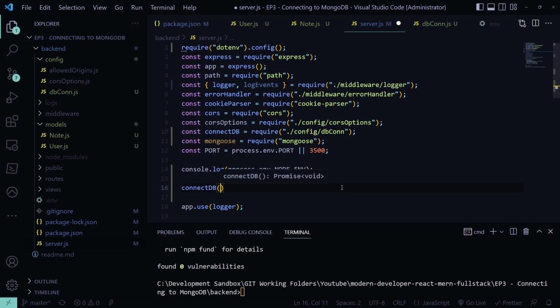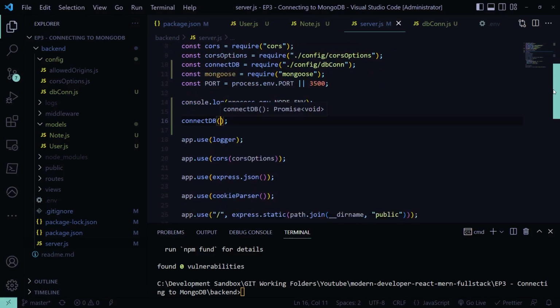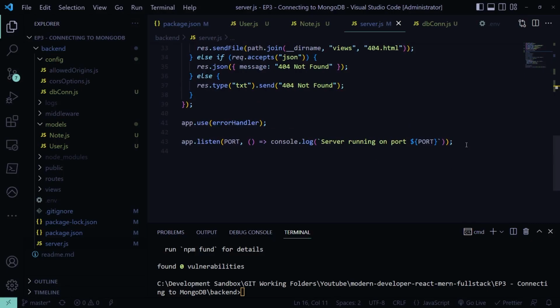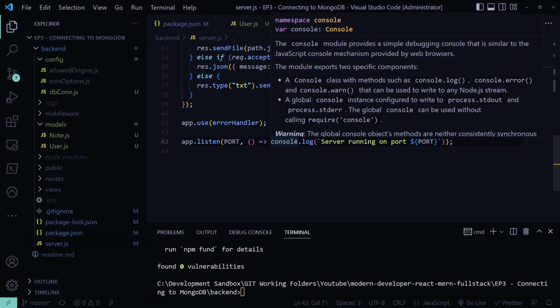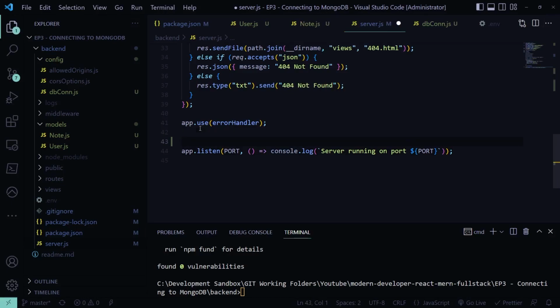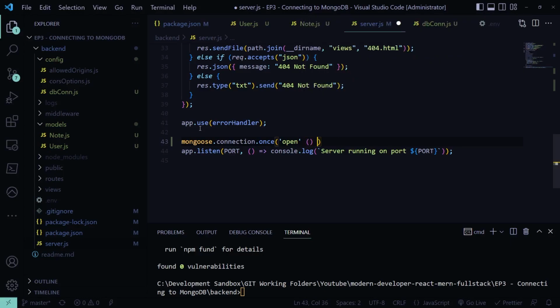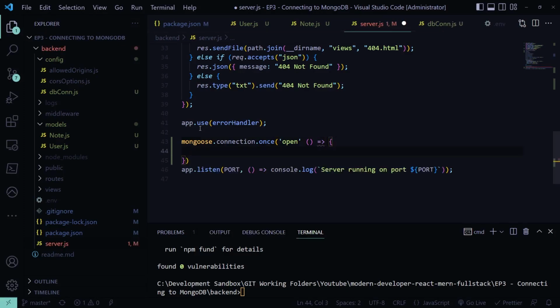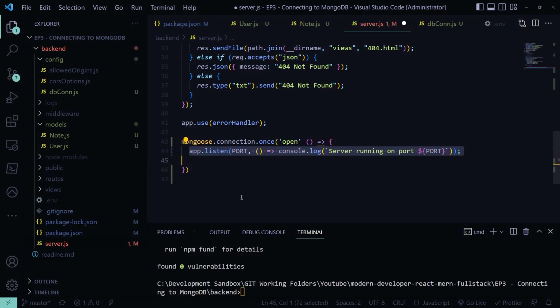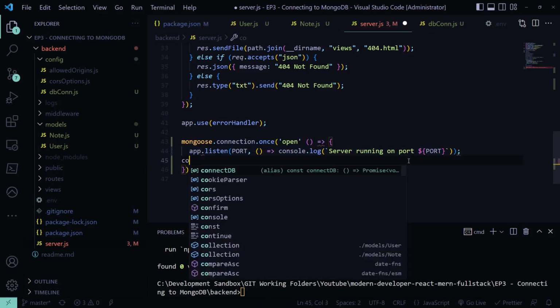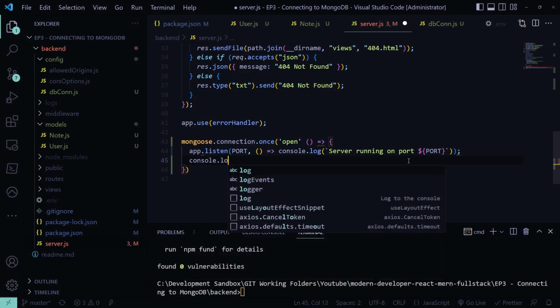Now we're going to connect to the database. We're going to instantiate our connectDB function, and we're going to come down to the bottom and put in our line here, mongoose.connection dot once in brackets open lowercase, set up another arrow function here. It's not async, but it's an arrow function. And we're going to put our app.listen within this. So this way we can do a couple of things here. We're also going to console log